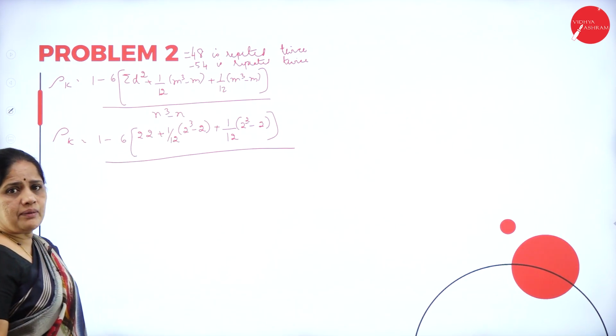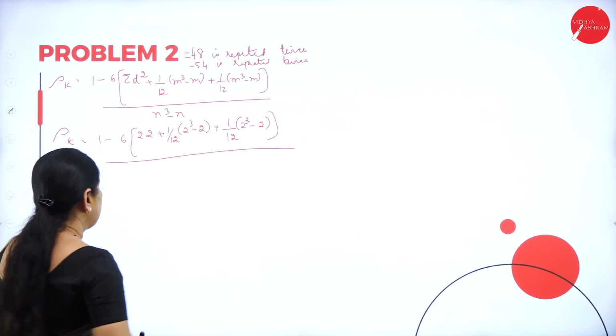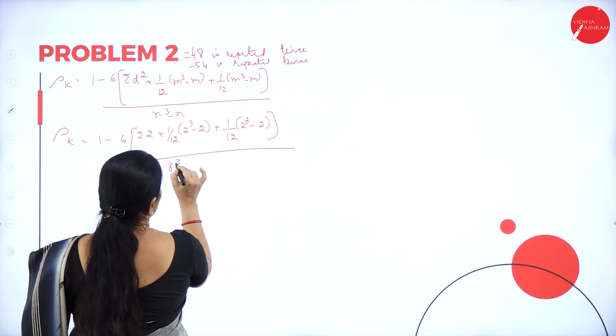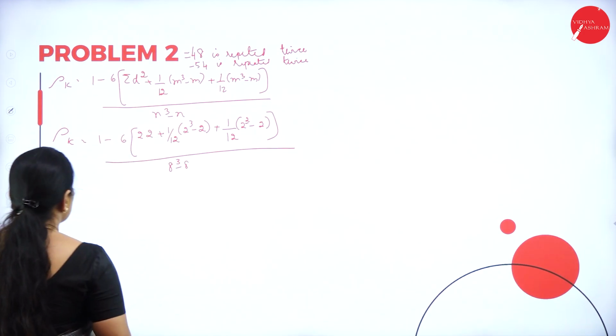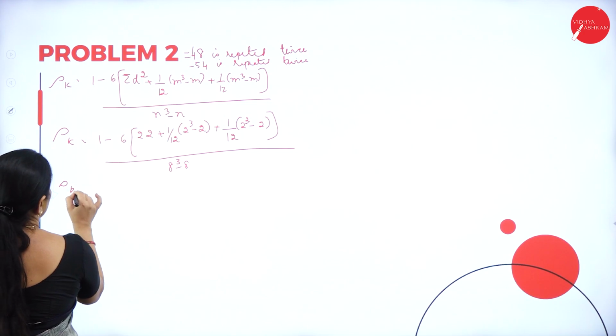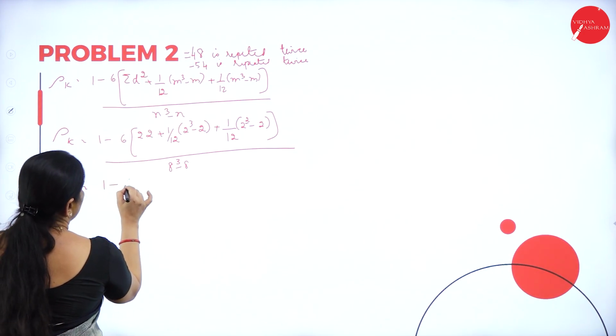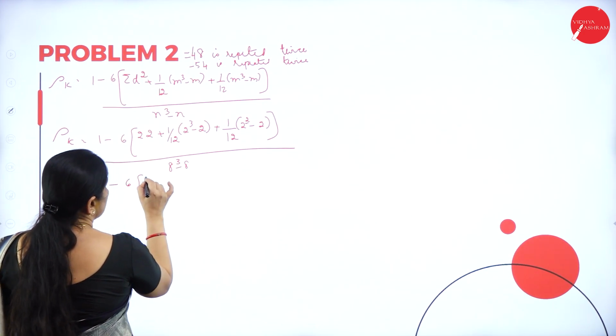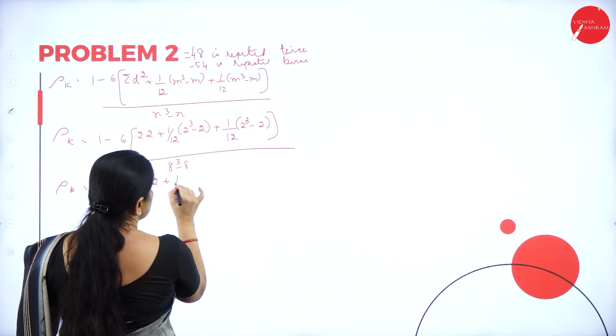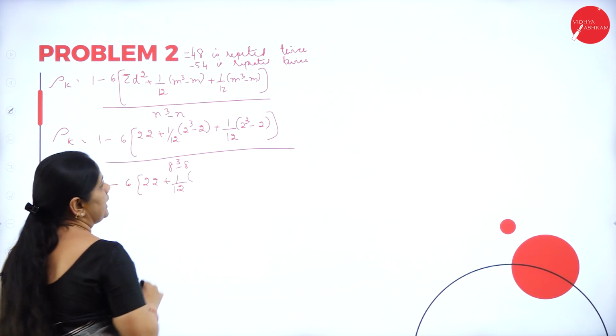So n cube will be 8 cube minus 8. So this will be equal to 1 minus 6 into 22 plus 1 by 12 into